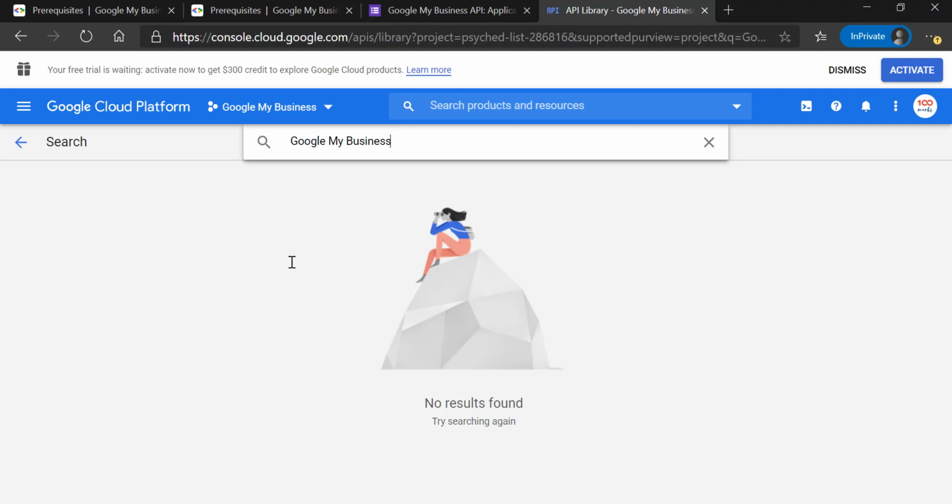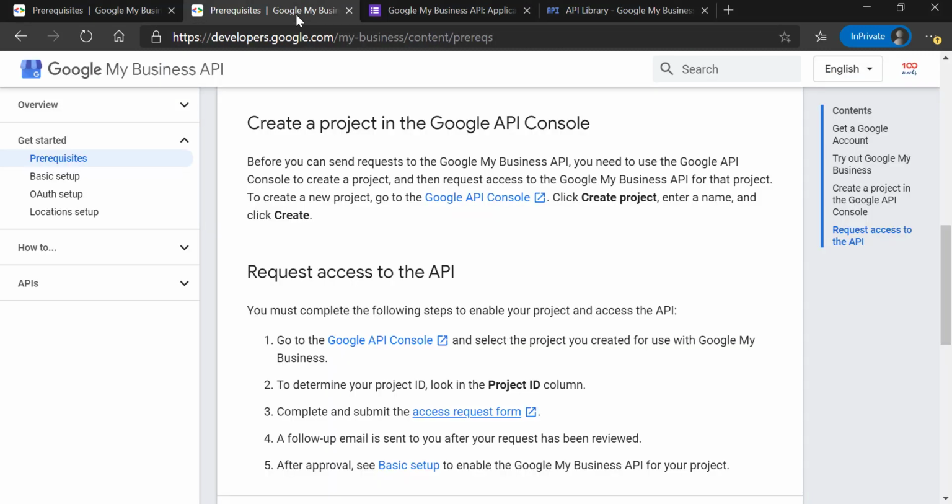Once they approve your project and you search for the Google My Business API in this search bar, the API will start appearing here. Since the Google My Business API is not appearing here, let's go back to the prerequisite section. It says that once it is approved, only then will you be able to see the Google My Business API enabled in your library section.